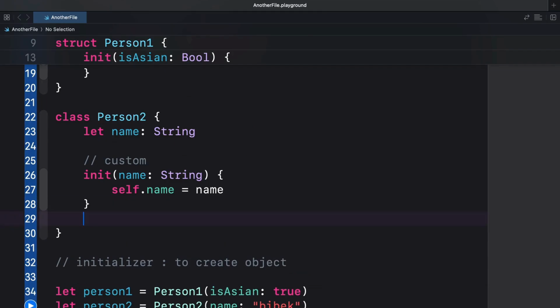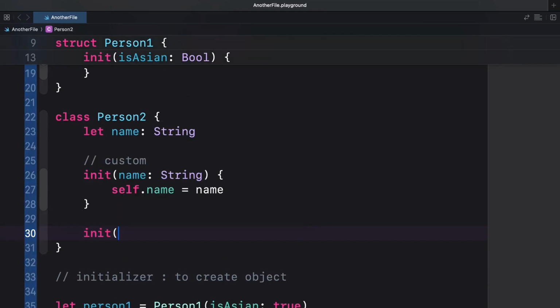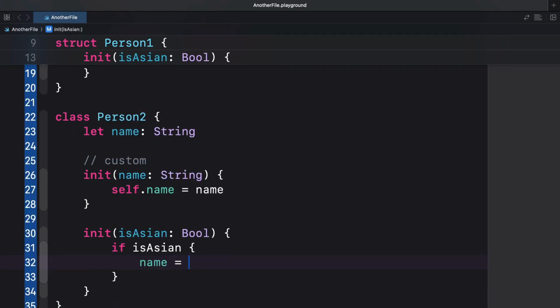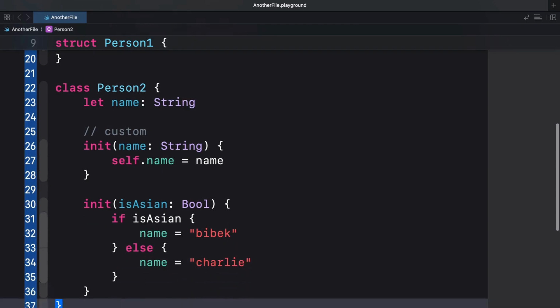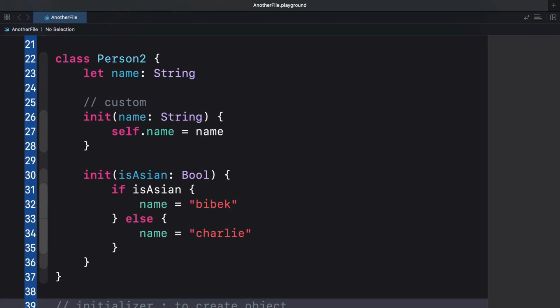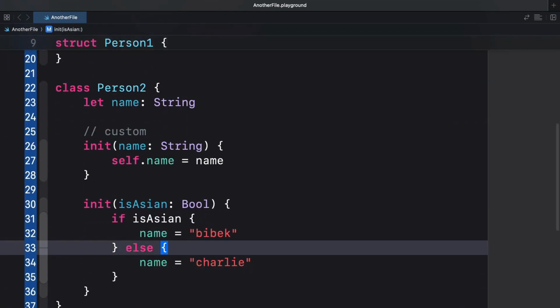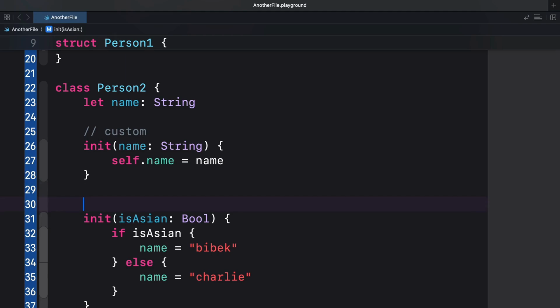Let me do the same thing for class as well. Init isAsian boolean. If isAsian, then name would be Vivek, otherwise name would be something like Charlie, right? Now for the class, we are able to have two initializers, right?